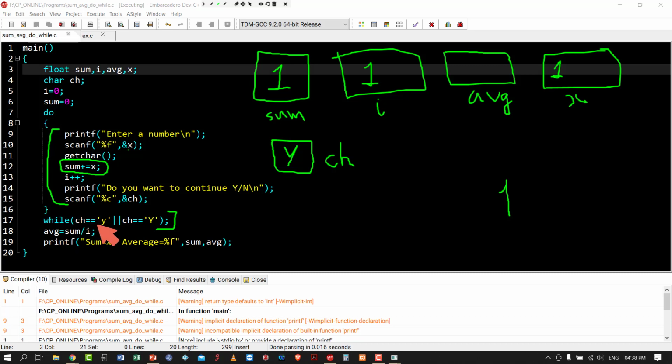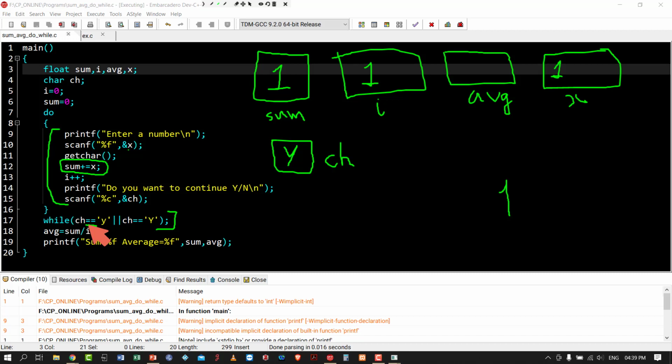Shashikant Singh, what's the meaning of this double equal to? I don't remember, sir. Okay. Saksham Sedu, what's the meaning of double equal to?